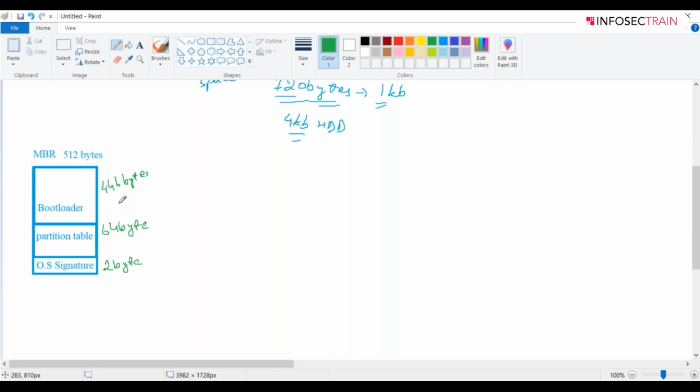If you guys have noticed, or ever seen while installing Windows or any operating system, it asks for some partitions over there, like C drive, D drive, something like that, isn't it? Even you have these drives whenever you open your My Computer, correct? You notice there's C drive, D drive. So whenever you install Windows, it asks for some primary drives, you can say.